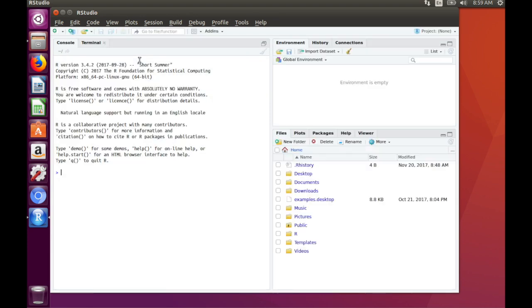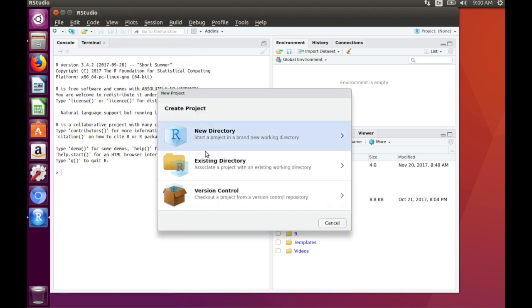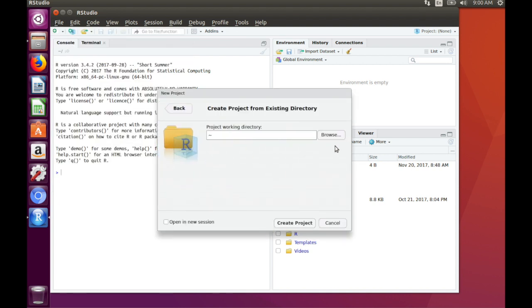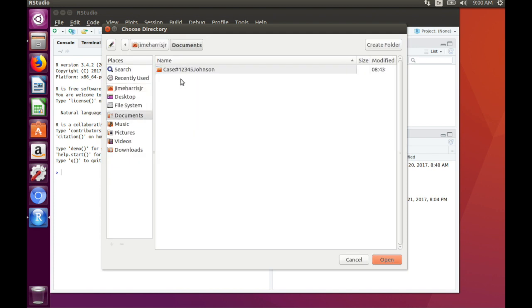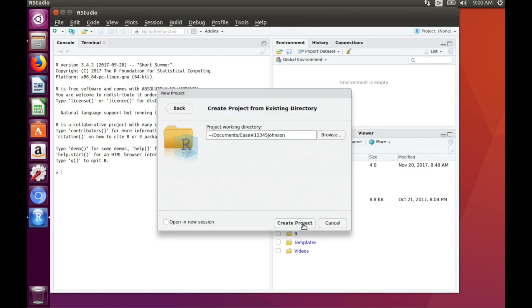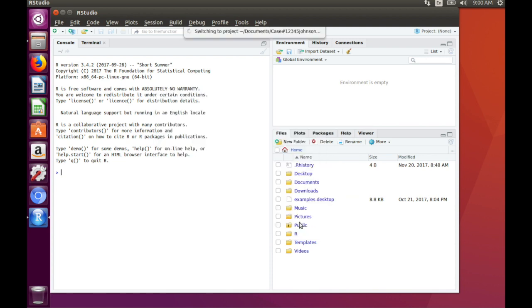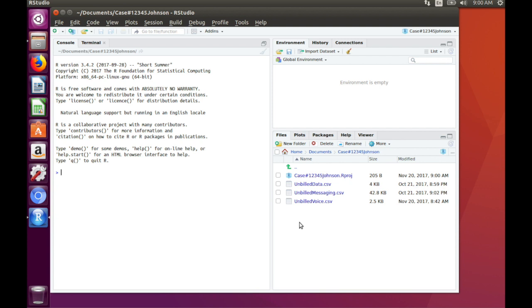analyzing the data. Now the first thing we want to do in RStudio is create an R project for this case, and we want to put that project and all of its associated files in our case directory. This way we can keep all of our evidence files and all of our derivative reports in one easy location. I'm going to hit Create Project, and it's going to fire up a new R project. I can see from the Files pane that I've now got an R project file along with my 3 copied